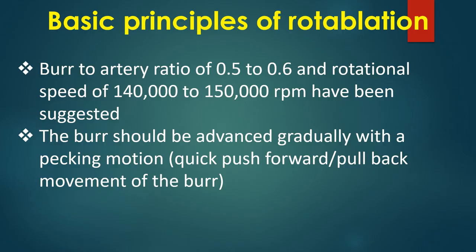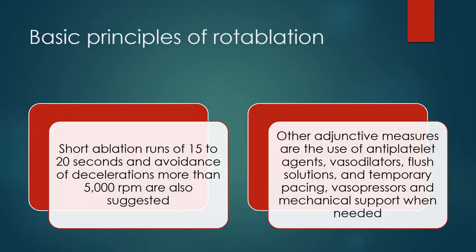Burr to artery ratio of 0.5 to 0.6 and rotational speed of 140,000 to 150,000 rpm have been suggested. The burr should be advanced gradually with a pecking motion, quick push forward and pull back movement of the burr. Short ablation runs of 15 to 20 seconds and avoidance of decelerations more than 5000 rpm are also suggested. Other adjunctive measures are the use of antiplatelet agents, vasodilators, flush solutions, temporary pacing, vasopressors, and mechanical support when